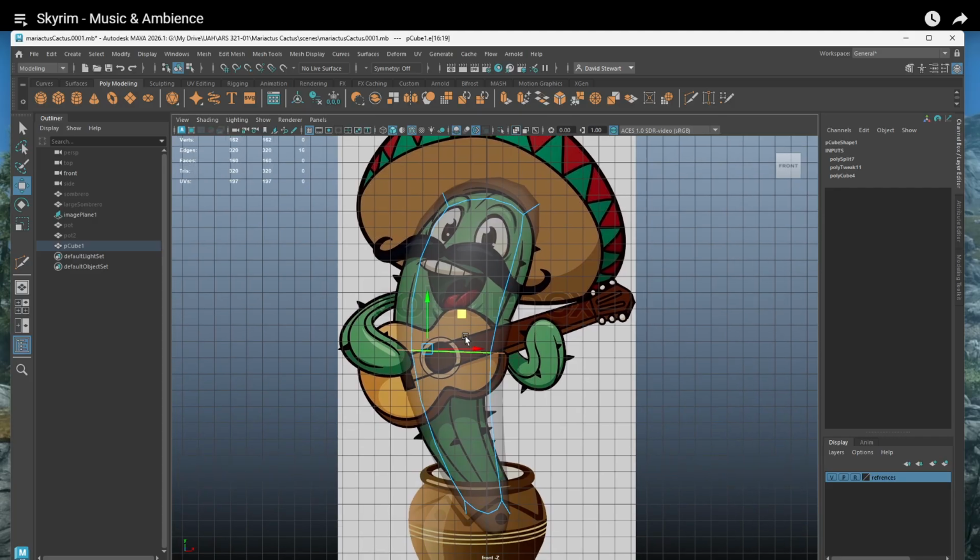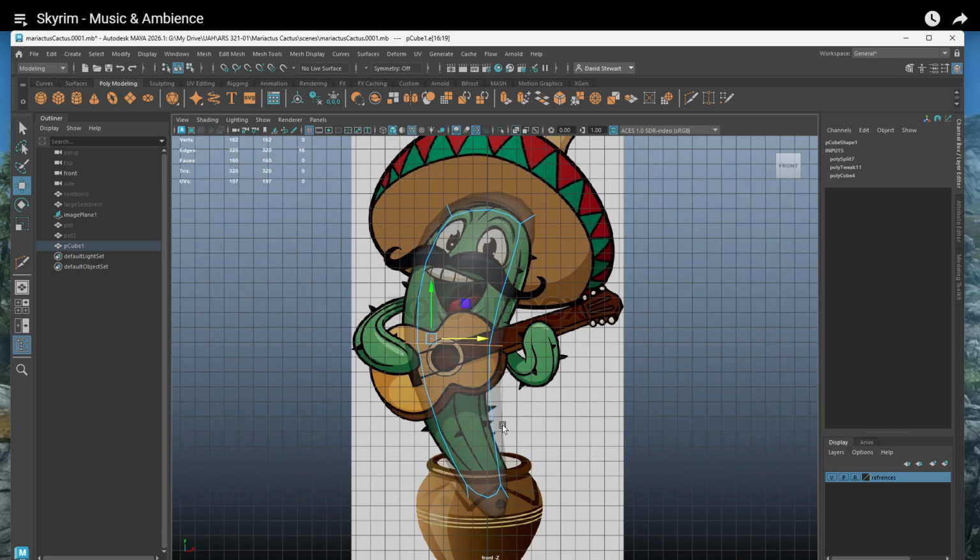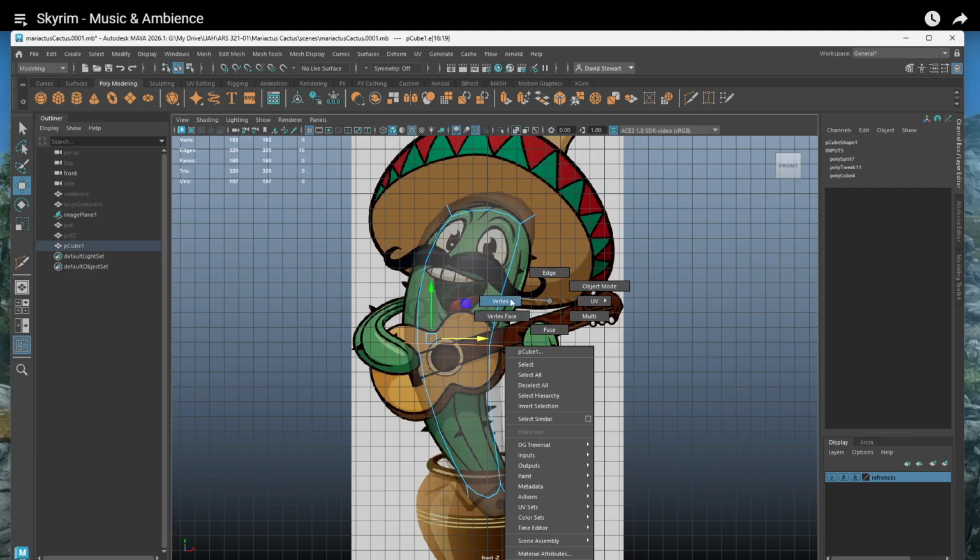And maybe I'll play around with this edge here. I've just grabbed this edge that's going around the waist, and I'm going to Control Shift to slide up and down just to see. And I don't really like that, so I'm just going to go straight up, move over, and every once in a while,